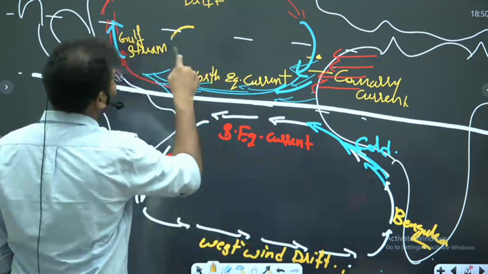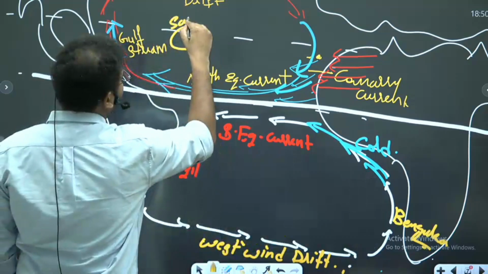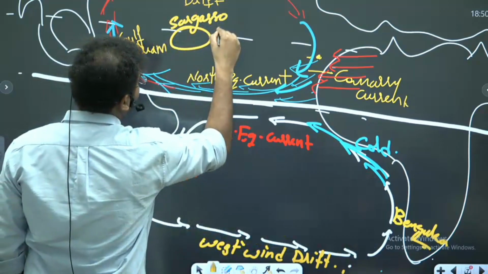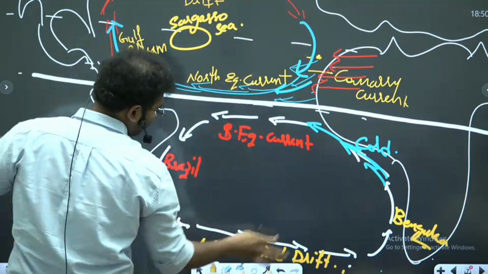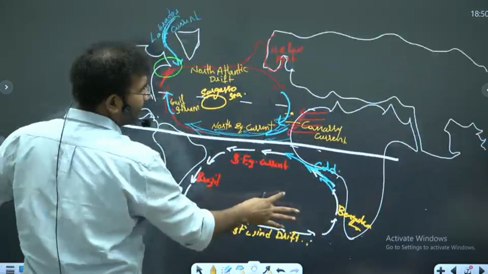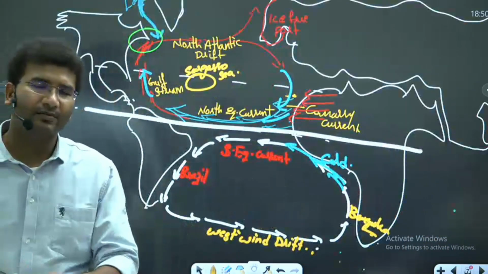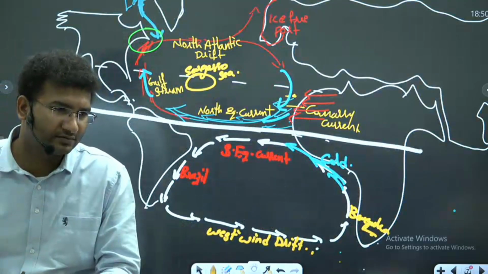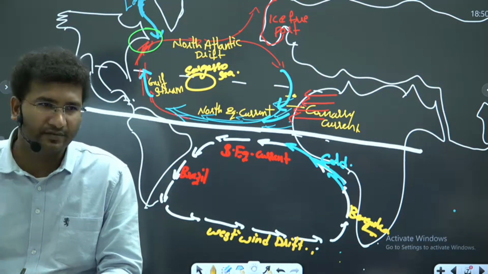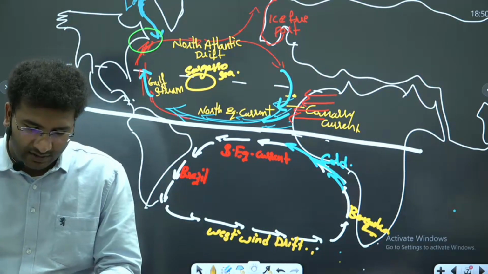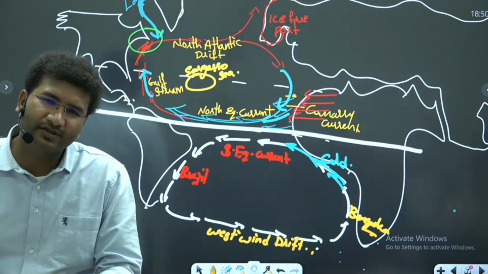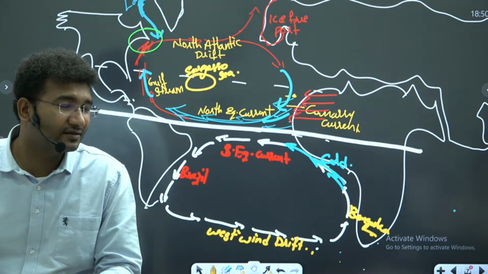And here you have a sea by the name Sargasso Sea. Clear. Now in your atlas, you will also find something by the name of counter-equatorial current. Okay? Counter-equatorial current. In the climatology, I told you something between 0 to 5